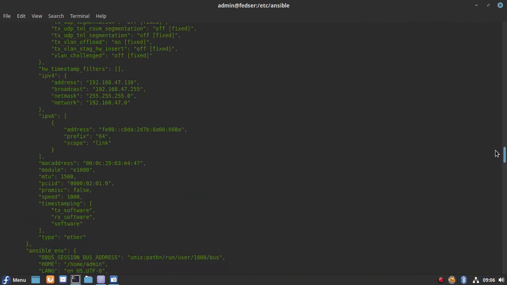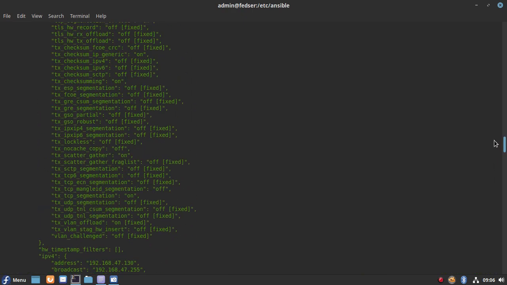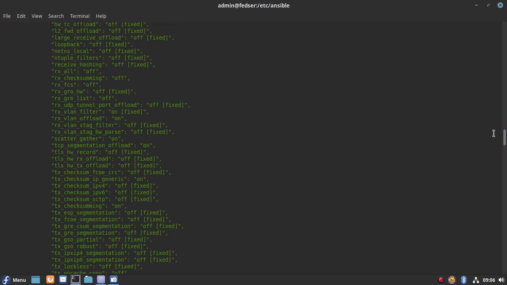So this information which we get from the remote node is called facts. We can use these as variables in our playbooks, which we'll see in our next video. So these playbooks can refer to this information using the facts that are gathered. There's a lot of information that we can get from the setup module that gets executed when we run the playbook. Okay, so this is all for today's video.